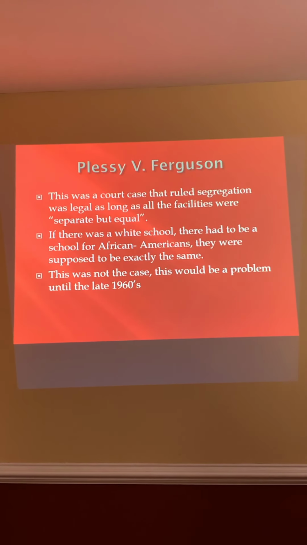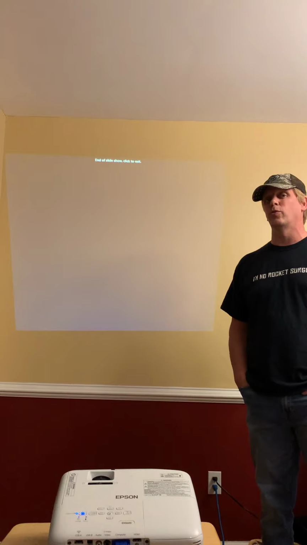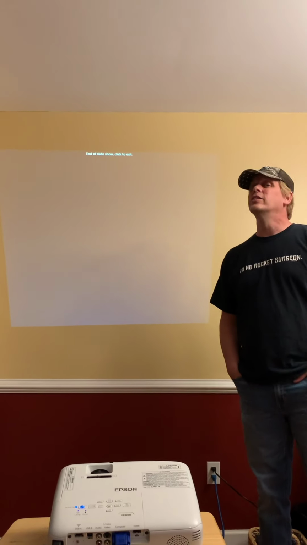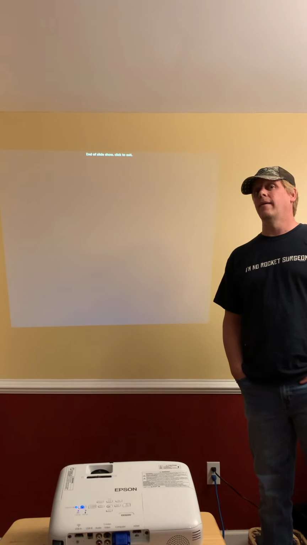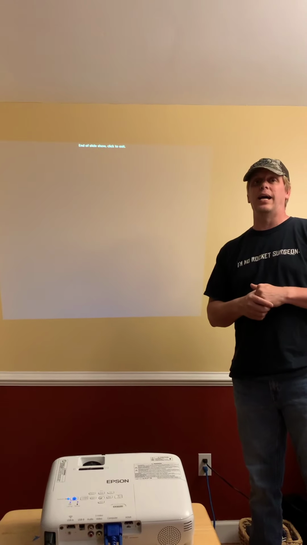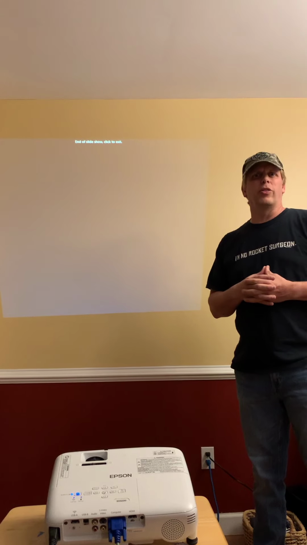Okay? And this is going to be a problem until the late 1960s. You're going to talk more about this as you get into it next year. But this was kind of the start of the segregation movement. You're not going to see anything happen until Brown versus the Board of Education, where they basically rule that Plessy versus Ferguson is wrong. Separate was not equal. Separate was separate, and that's kind of why you have kids in your class from all sorts of different nationalities, all sorts of different races, because we figured it out. At least we thought we did.